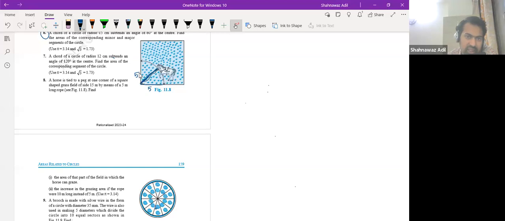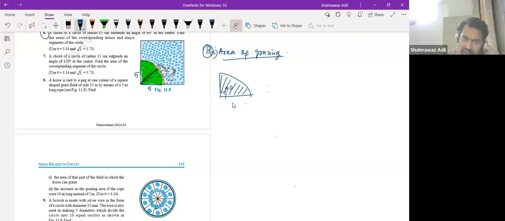Radius. Right. So the horse is grazing the field in this manner, right? So this is the portion that the horse is grazing, and we have to find out the area of the grazed part, right? So the area of the first part is the area of grazing, right? So this is the diagram,